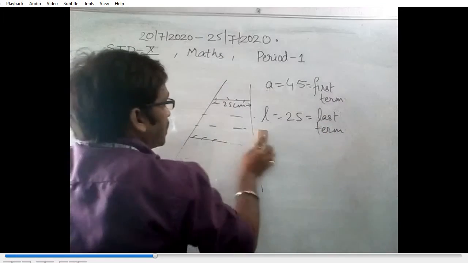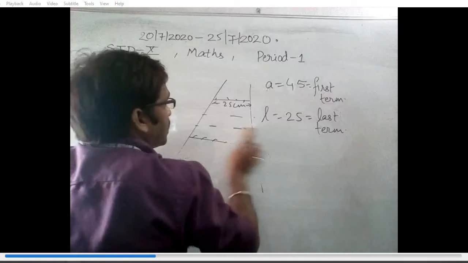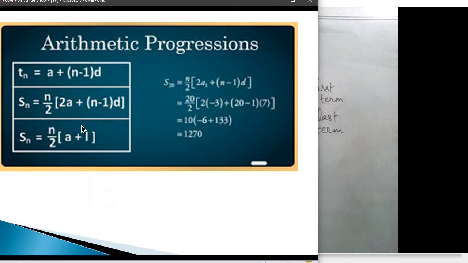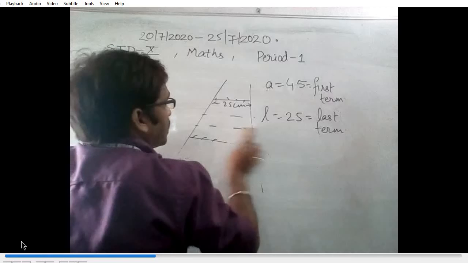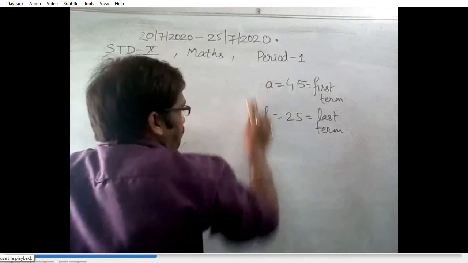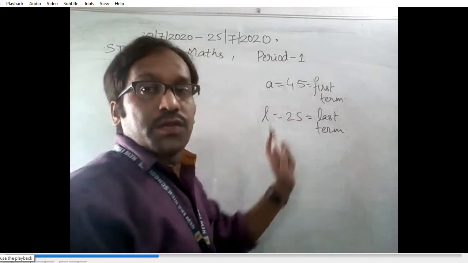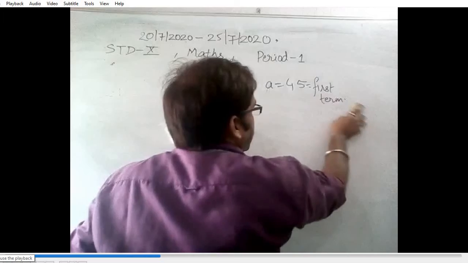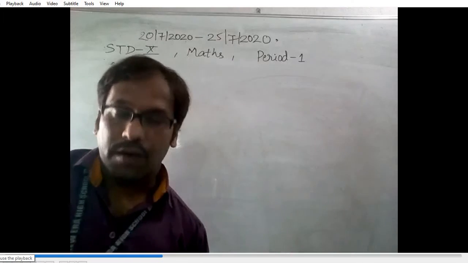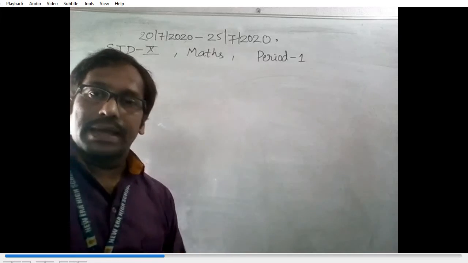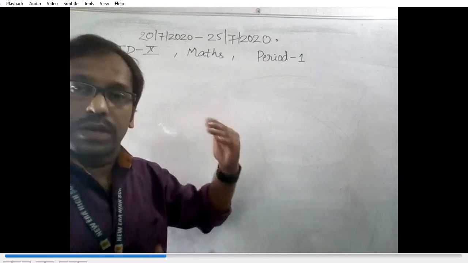Now what do I have to find? I have to just find from this formula, that I have just explained previously. In this, I will use Sn is equal to n by 2 (a plus l), because I am having A and I am having L. Only the number of terms I have to find. We will see how we can find the number of terms. Now A and L is given. That is our biggest hint, and keep in mind what is my A and what is my L. You may note down also in the corner of the page, and you can use it later on.